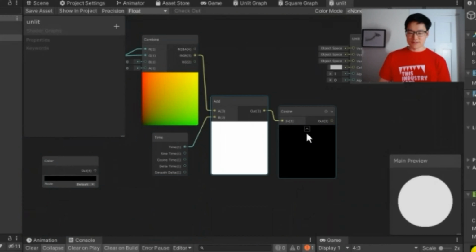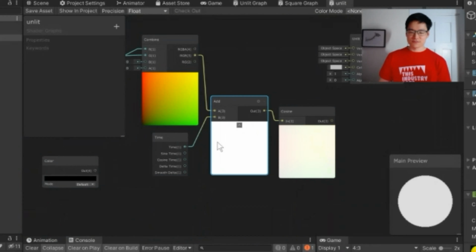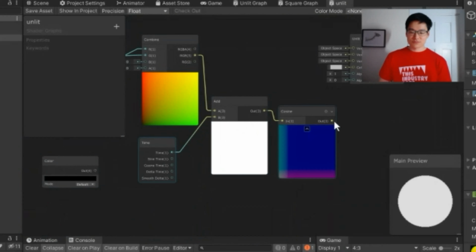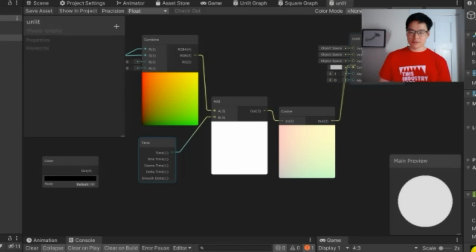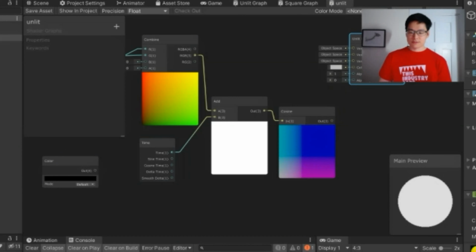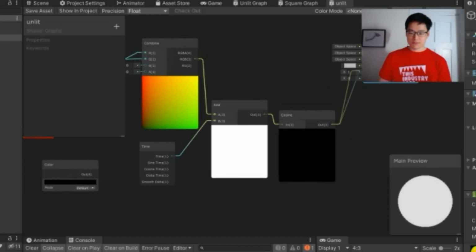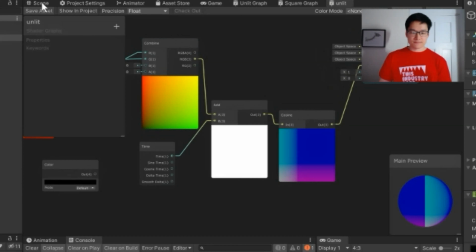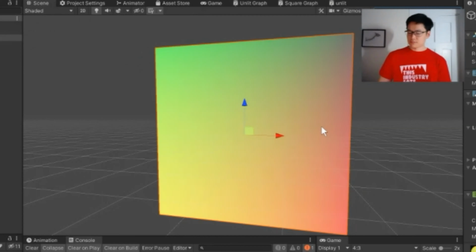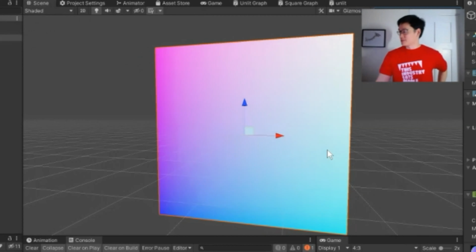And that produces this shape. I'm going to add that to the color node. Now if I save this asset,